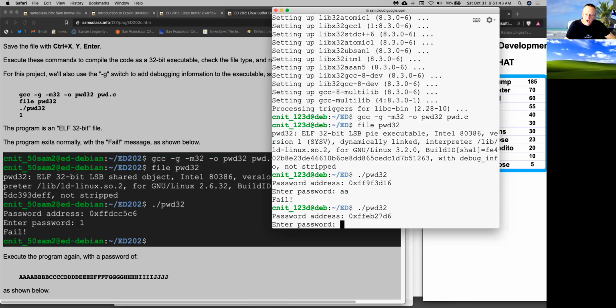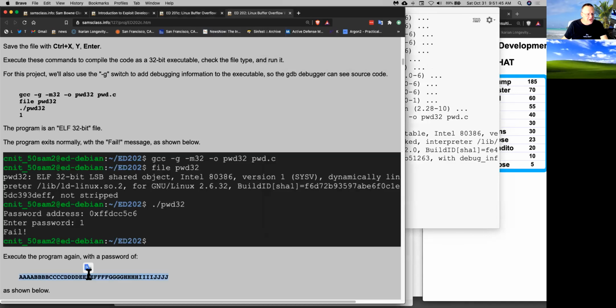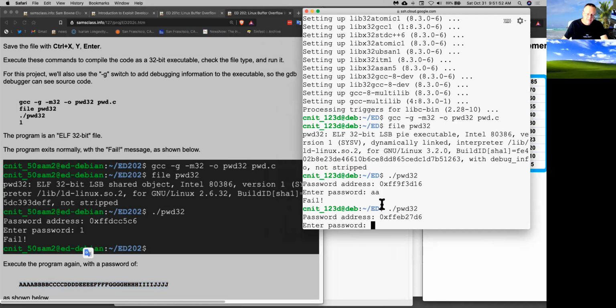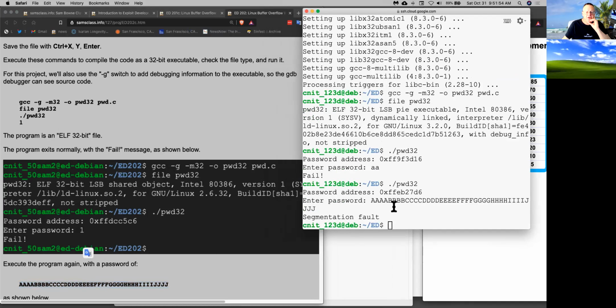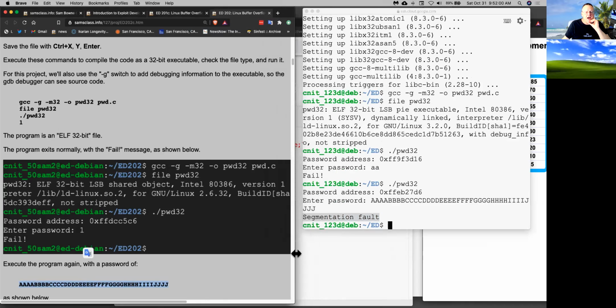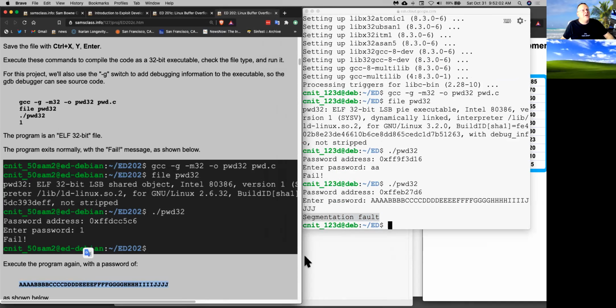But if I give it a longer password, like this one here, it's going to give me a segmentation fault. And that is the clue that I have a memory corruption vulnerability. I was able to trick it into trying to use an invalid memory address, which means that some portion of this input was copied and used as an address